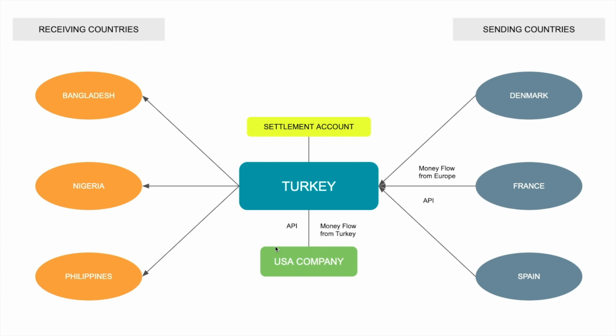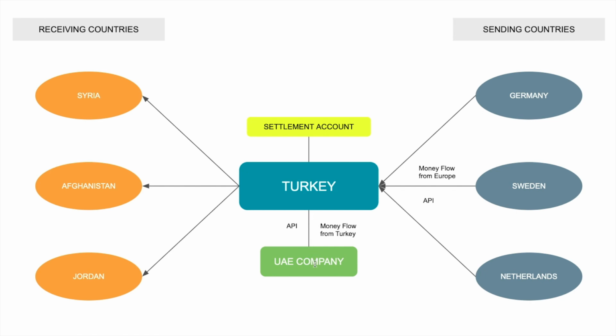So you could also use this Turkey for USA to Turkey and pay out as one sort of a corridor, or you can use your partner corridors where your partners are sending money from Denmark, France, or Spain into Turkey and so forth. And the whole reason for showing Turkey is as an alternative to UAE, an alternative to Dubai. And more importantly, as a licensed MTO, wherever you may be, you could be a licensed MTO in UK or in UAE, you have a correspondent agreement with the Turkish bank and their MTO, and you have preferential rates that you have set up on how the money will come in, how the money will be split, and your commission